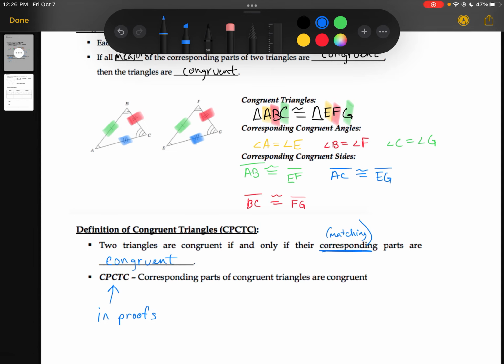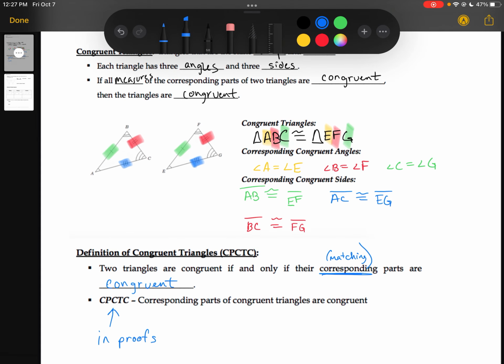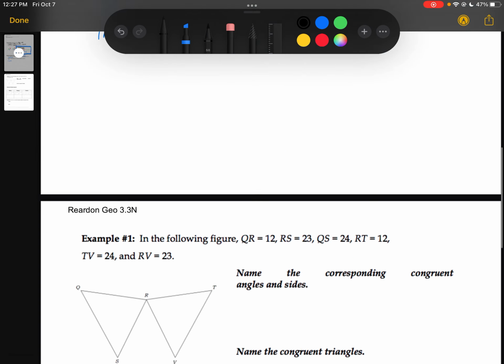So basically it's just saying matching parts of congruent triangles are equal to each other. So that's kind of the intro to some of the things that we're looking at. And the biggest thing in our chart here is order matters, color coding, matching, making sure everything that we're doing is a match before we're writing it down. So flipping over onto the back now,